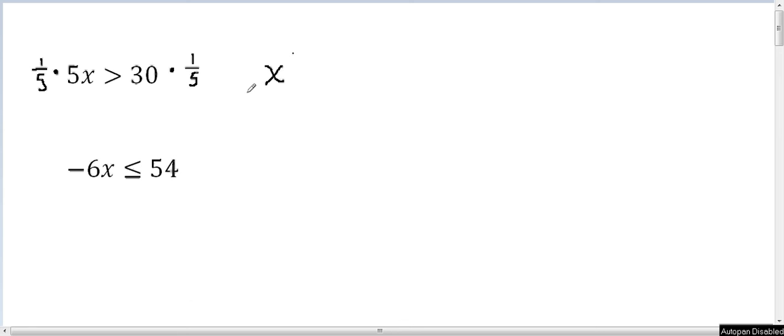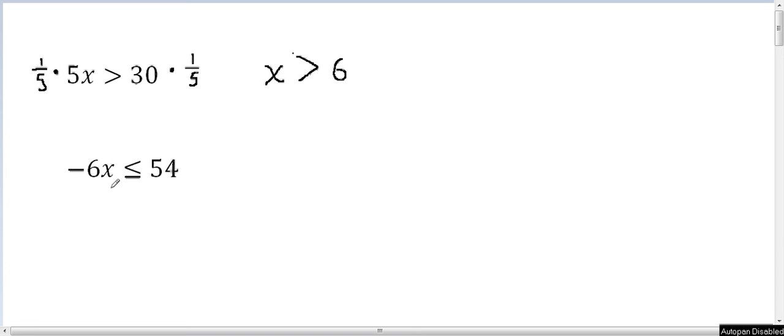And on the other side, 30 multiplied by 1/5 is the same as 30 divided by 5, which is equal to 6. Since 1/5 is positive, we keep the same direction of the inequality,